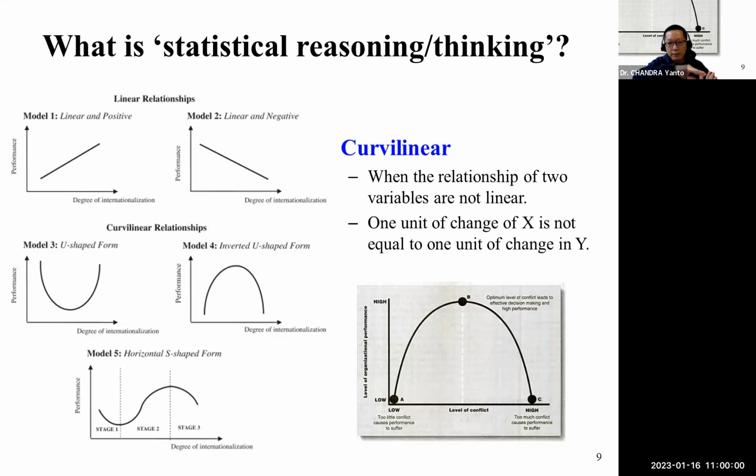So what is found in this type of curvilinear relationship is that there's an optimum point in the middle that tells you if the conflict is around this level, then the organizational performance is going to be at this level. So what you're interested in is where that point is, and why this is happening. This is what you can study, and this could be one possible outcome of your research. And understanding this kind of relationship helps you a lot in providing advice to the chief executive officer, the CEO of the organization, or if you are working for the government, you can give advice to the policymakers on how to, for example,